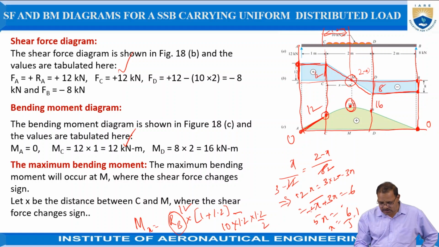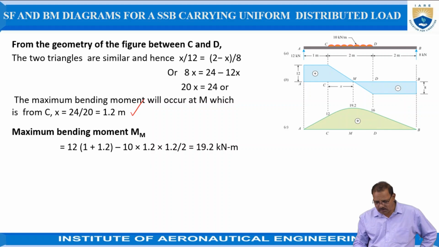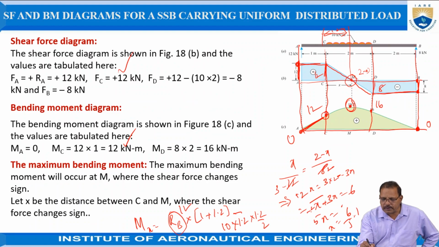By doing these calculations, that is 12 into 1 plus 1.2 minus 10 into 1.2 into 1.2 by 2, how much is it now? 19.2 kilonewton meters. So here 1.2 kilonewtons per meter you have to represent now. Join these 3 points by using a parabolic curve, because the moment is proportional to the square of the